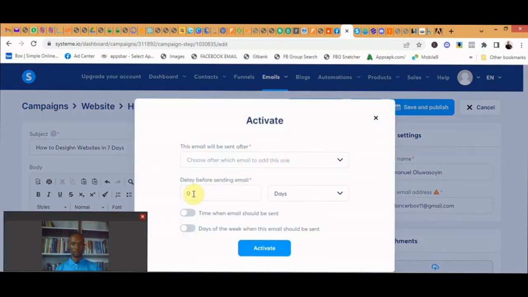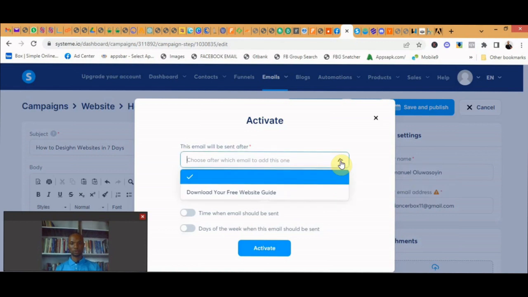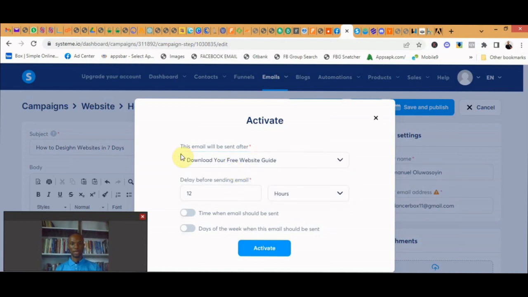Now this is where you want to delay this for probably 1 day or 12 hours, depending on what you want. So you can change the days here to hours. The first one says this email will be sent after. So you choose your first email. So you want it to send after this first one. The first one is download your free website guide. So this one you are creating now should be sent after this email. What should be the delay between both emails? So you want it to be 12 hours or you want it to be 1 day. So you choose that and then you activate